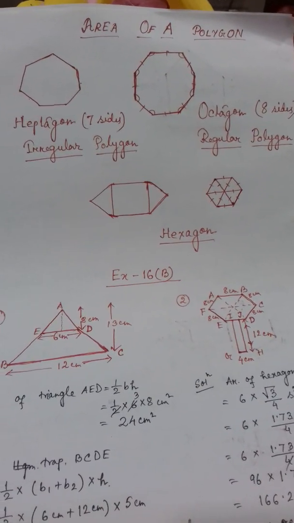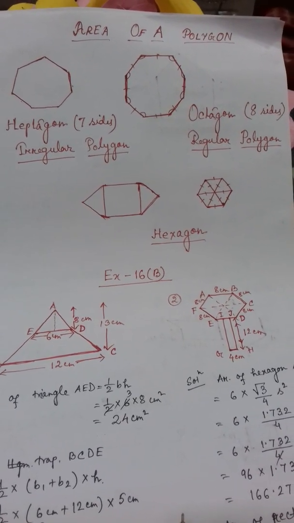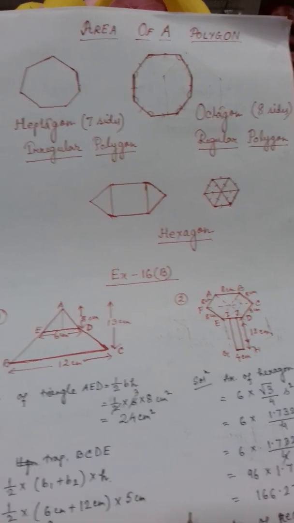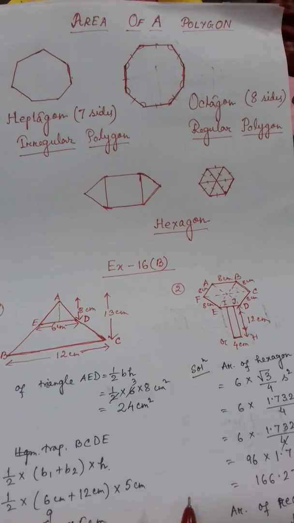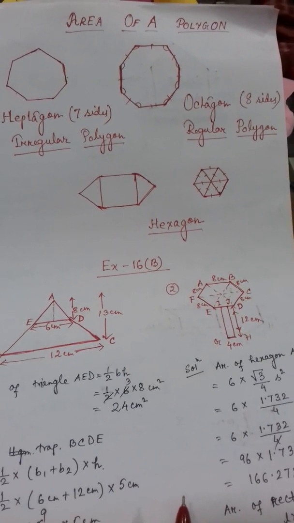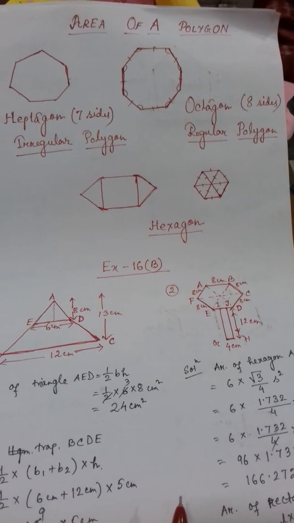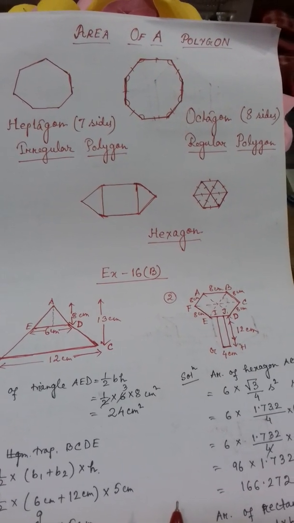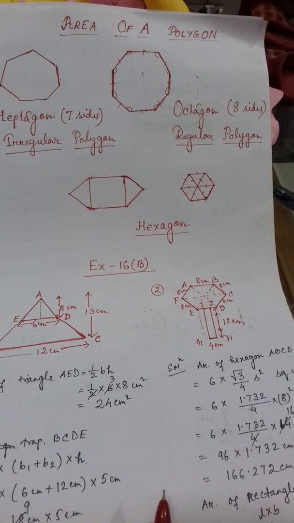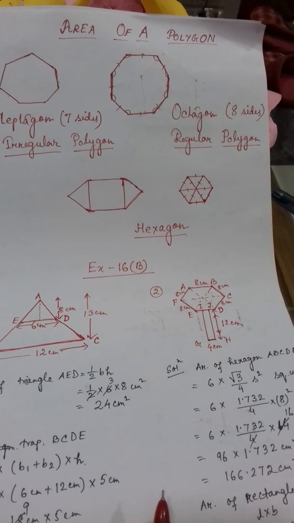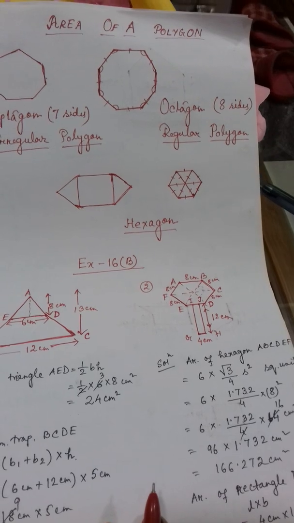Okay, students, today I am going to start area of a polygon. Polygon means it can be of any size, clear? Which doesn't have any fixed formula to find out the area. So, up to 4 sides means quadrilateral. For every quadrilateral, you got the formula. You have found out the areas with that formula, clear?